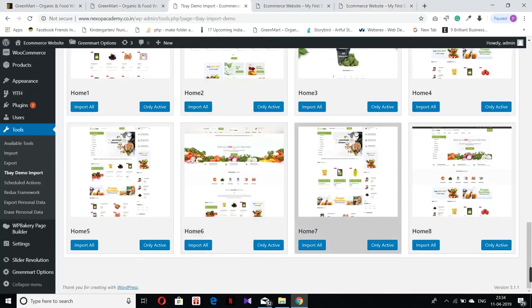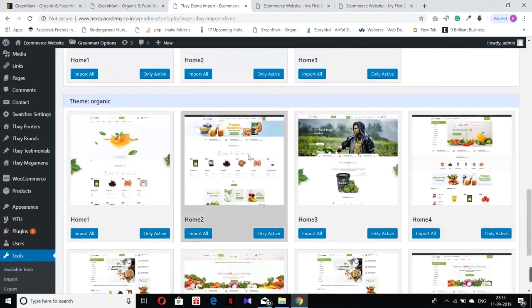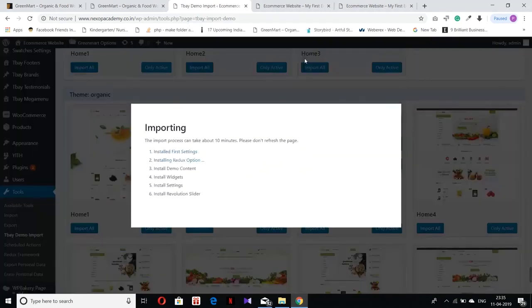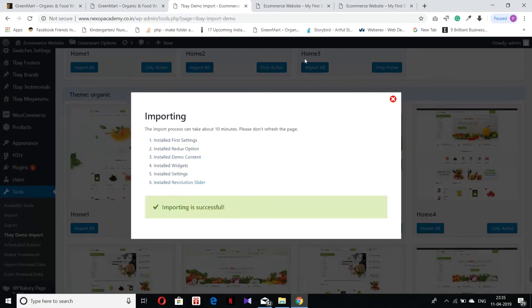Also, you can select any other demo. I'll import this demo. You can see that our demo content has been successfully imported.